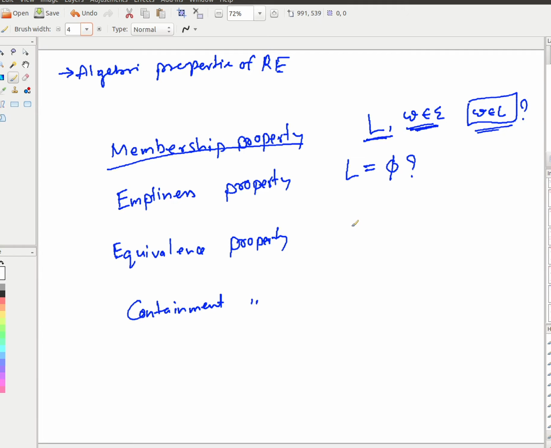Why? Because if you start from the start state and do a BFS or DFS and mark a final state, there is a path from the start state to a final state. So there is some string that takes you from start to final, maybe epsilon itself, if the start state is a final state. But to make a language empty, its DFA can never reach a final state from the start state, whatever it does. So if a language is given, you design a DFA for it and run BFS or DFS. What about the equivalence property and containment?